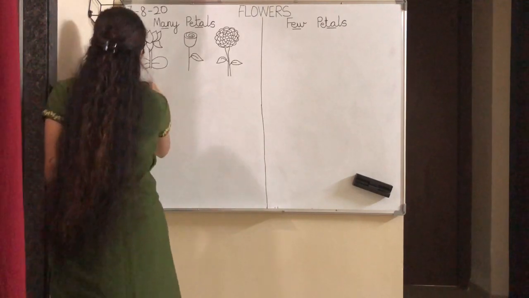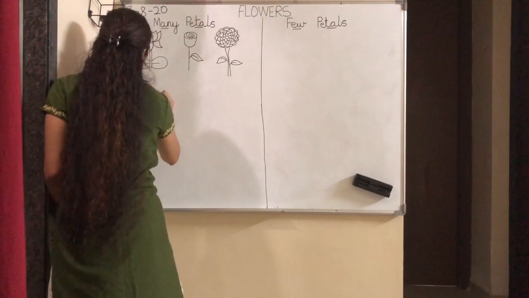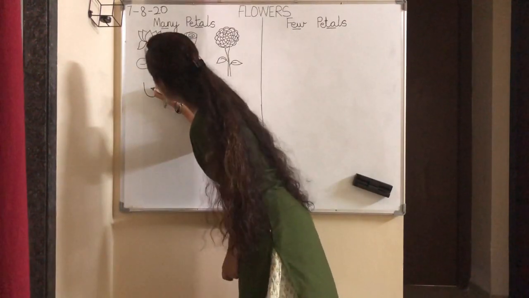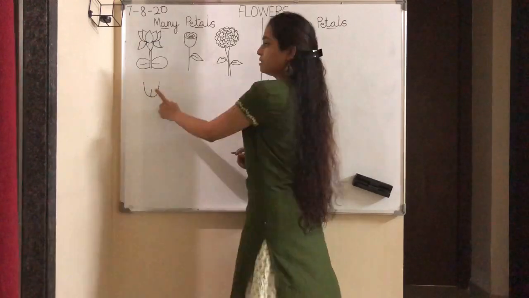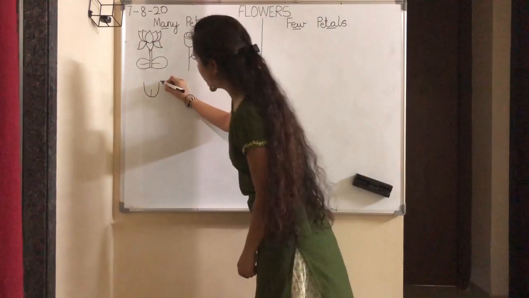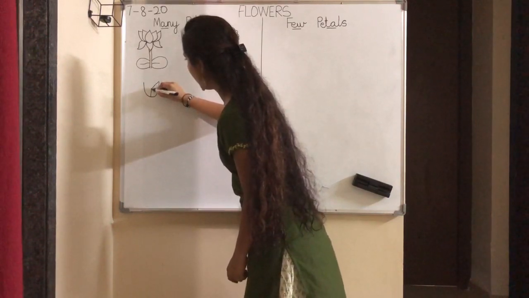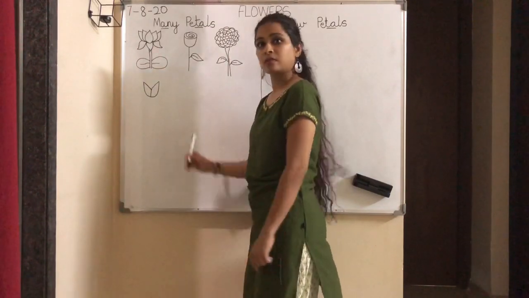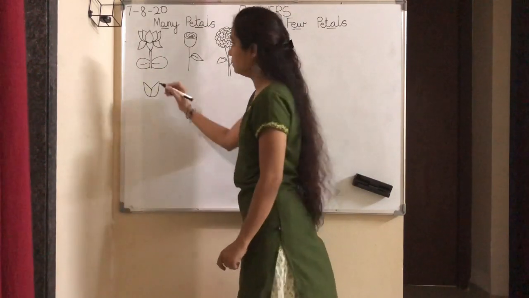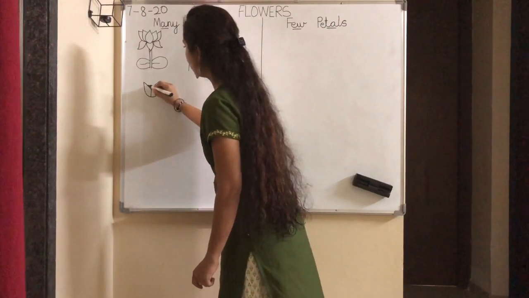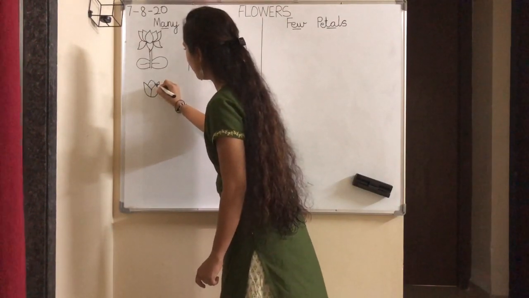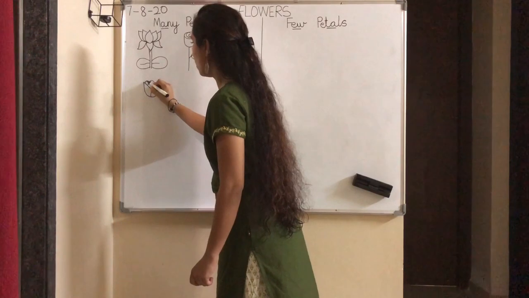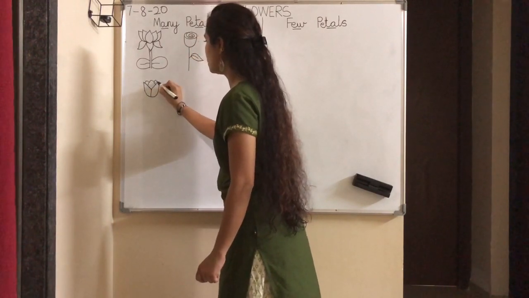Now we will draw the tulip. You have to write a U like this. Then from the middle you draw one standing line, small standing line. Then from this corner join the line here and this corner join the line here. Okay, you finish this? Then you draw a small mountain like this in the middle. Then over here also one small mountain and over here also one small mountain.